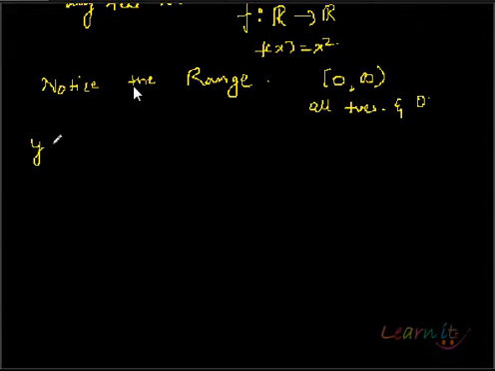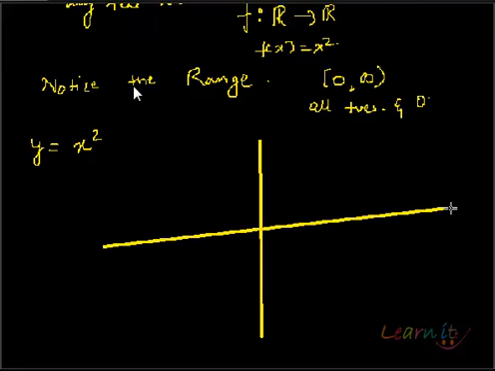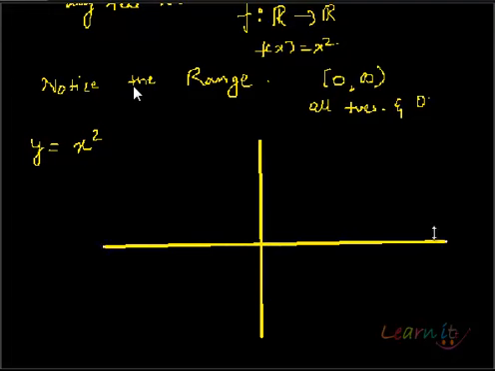Now what will this function look like on the graph? So y equals x square. Sounds like a parabola. So let's see how this comes out to be. So we have our axes. Now notice that whatsoever your x is, as I'm saying, the range is all positive. So the only thing required is the positive y axis. Okay, so whatever values come as output are positive. So your x can be 1, 2, 3, minus 1, minus 2, minus 3. Okay, let me take a bigger dimension here because we're talking about squares, 8